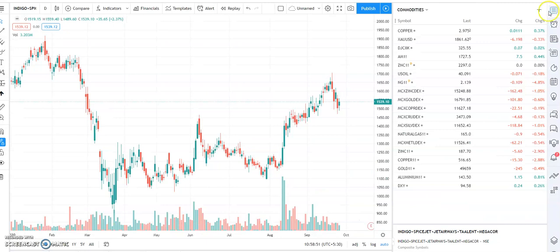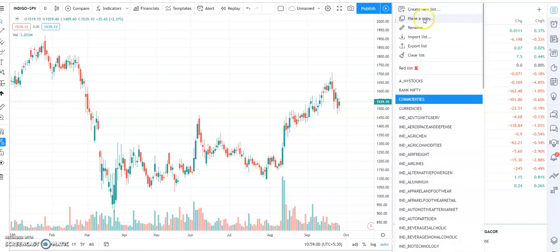Click on this. Here you can find a drop down menu. Click on this. The first item says create new list.